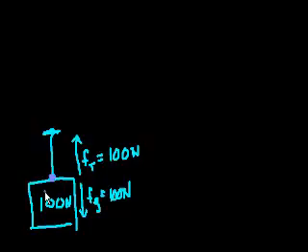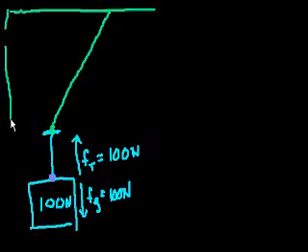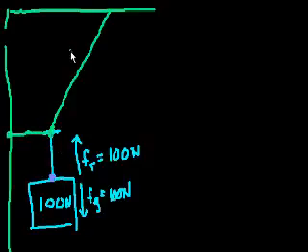So with that fairly simple example done, let's create a slightly more complicated example. So let's take the same weight. Instead of making the ceiling here, let's add two more strings. Let's add this green string there, and it's attached to the ceiling up here. That's the ceiling now. And let's see, this is the wall. And let's say there's another string right here attached to the wall. So my question to you is, what is the tension in these two strings? So let's call this T1,